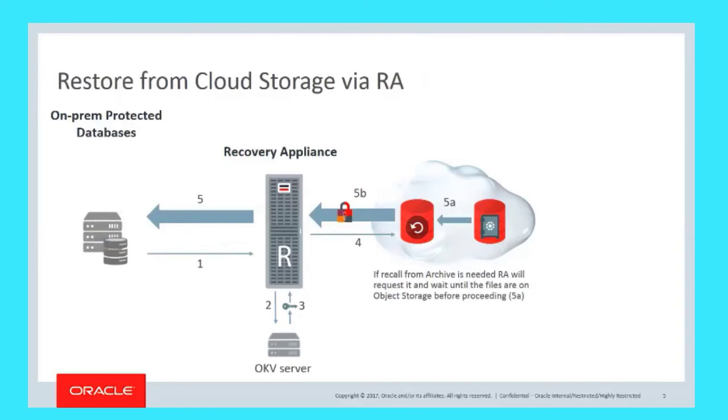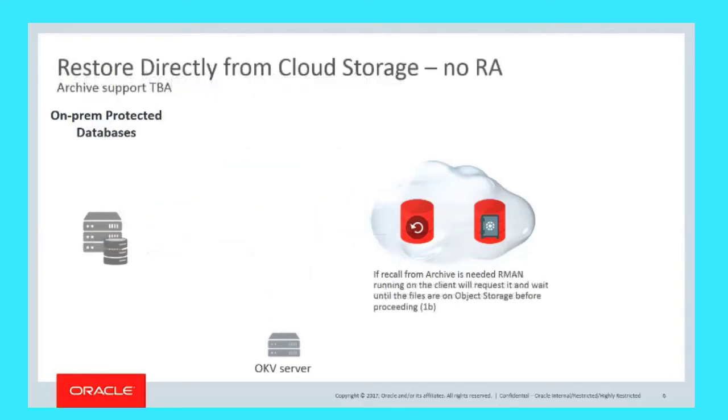The other option that we have is a restore directly from cloud without the recovery appliance. In this case, obviously, as backups are encrypted, the protected database, or the target server where you are restoring to, must be able to decrypt the backup, and so it needs access to the OKV server keys. That can be done in two ways. It can be done by enrolling the protected database directly as a client, or an endpoint, for the OKV server, so it can get the keys from the OKV server, like in this example,